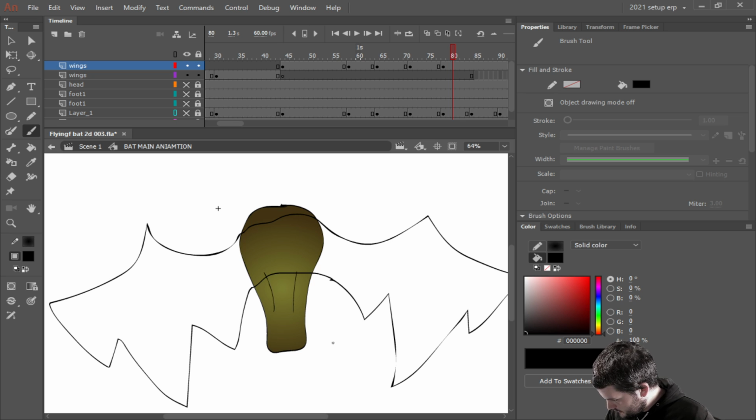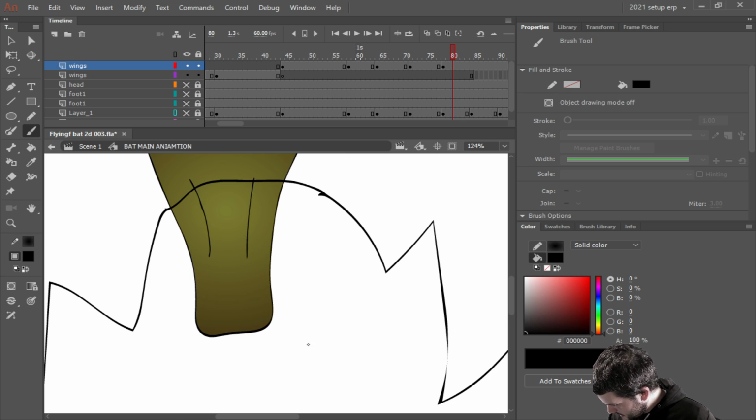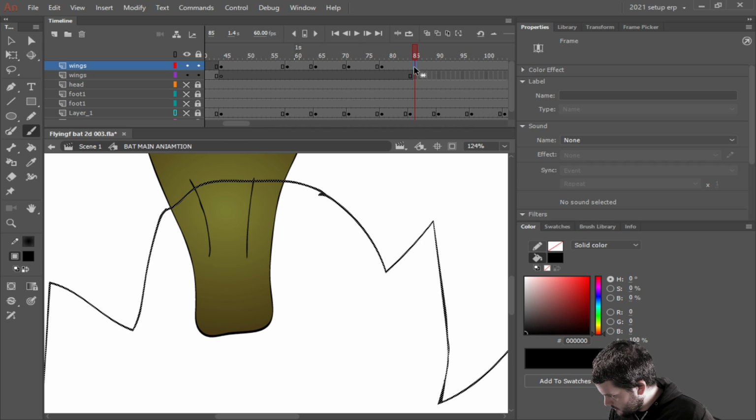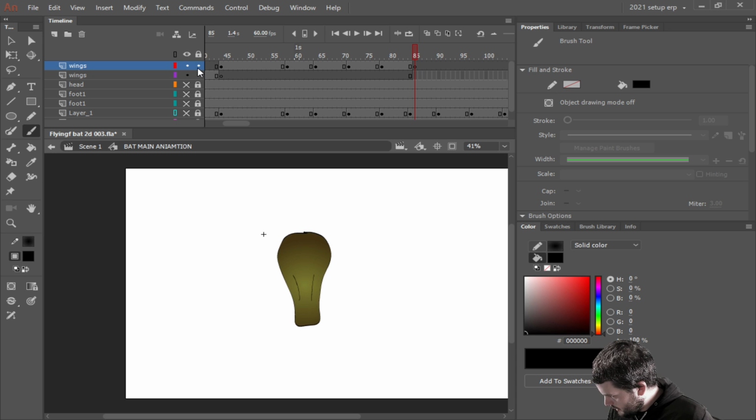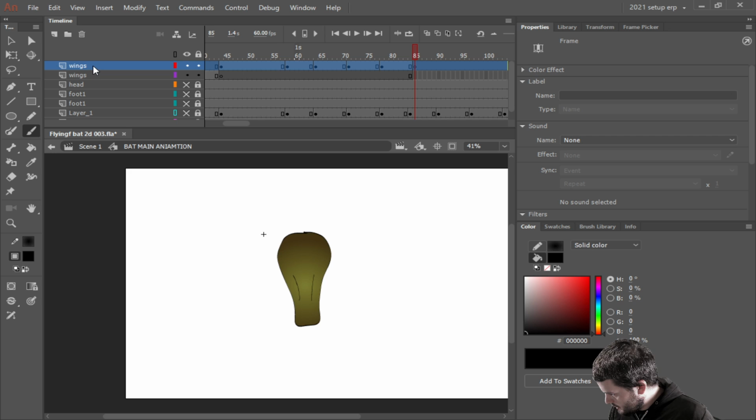Now, once this is done, I'm gonna put this inside of its own symbol and it'll be flapping around. I guess I could do that now, but I want to kind of know what it looks like, I guess. And let's delete that. Alright. Now these wings,